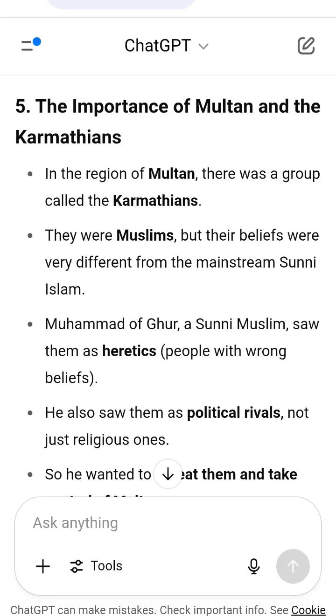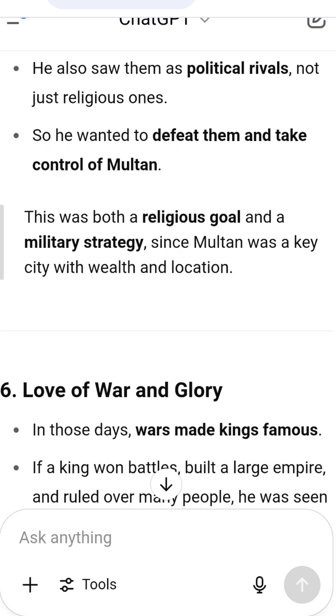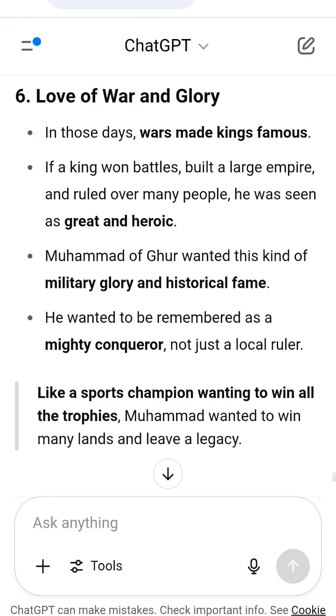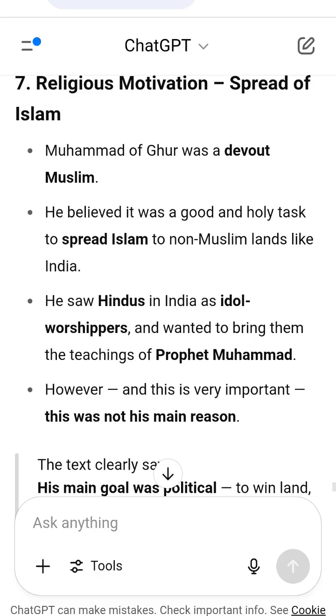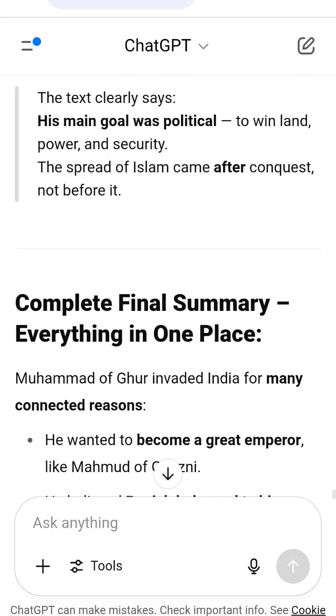He wanted to become a great emperor, like Mahmud of Ghazni. He believed Punjab belonged to him since it was once ruled by Ghazni. He needed to secure his rear before fighting a bigger enemy in Central Asia, Khorasan. He had an old rivalry with the Ghaznavid family and wanted revenge to defeat the Tan, who were both political and